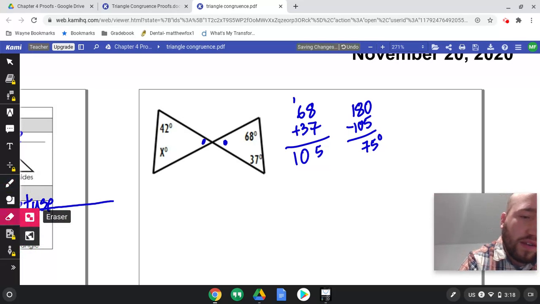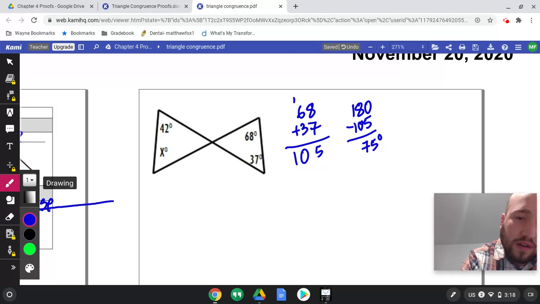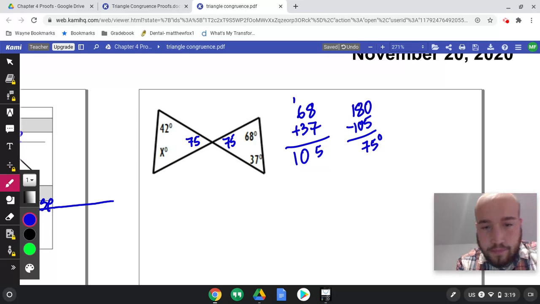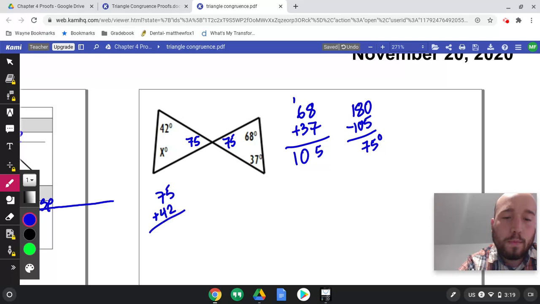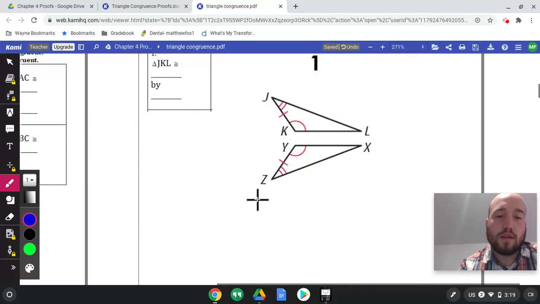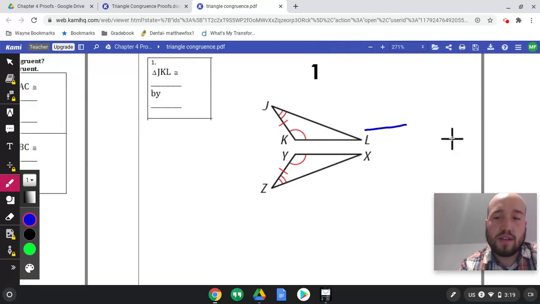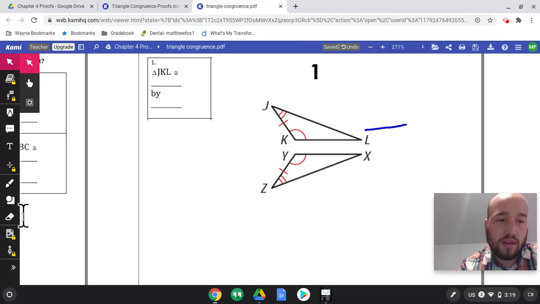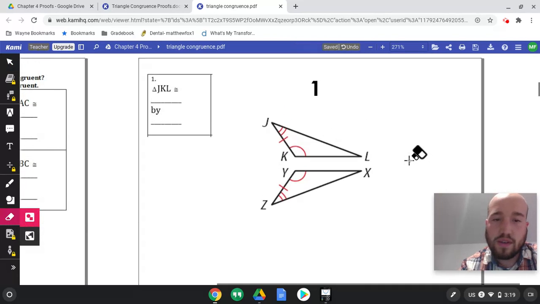That 75 is going to go right here. It's also going to go right here. Okay, so now from here, we can just add the 75 plus the 42. So 117, we'll take 180 minus that 117, and we'll get 63 degrees. That is what x is going to be equal to. All right, so now we continue reviewing. Oops, once again, I need to fix that. So as we continue to review here,